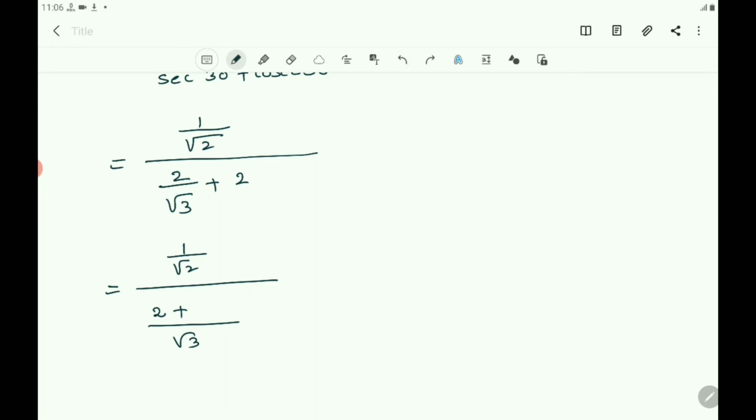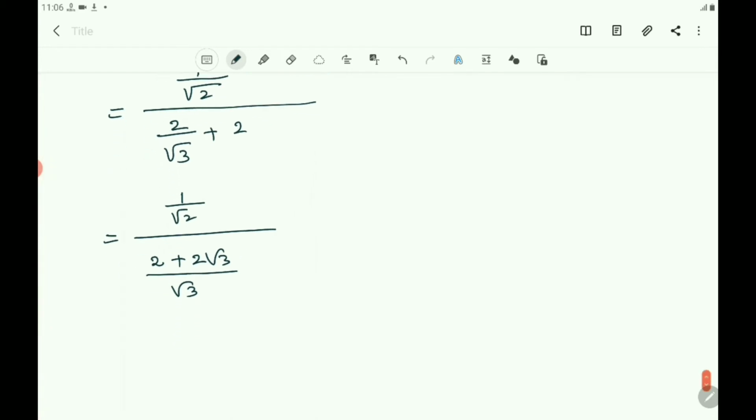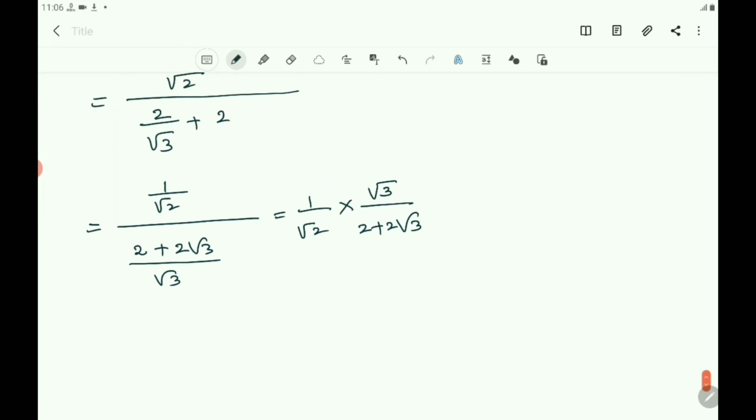So in the numerator 2 root 3, that equals, you write here 1 by root 2 into the reciprocal of the denominator, that is root 3 by 2 plus 2 root 3. Root 3 by 2 plus root 3, that equals, you multiply numerator and numerator, 1 and root 3, and root 2 into 2 plus 2 root 3. Then you will get